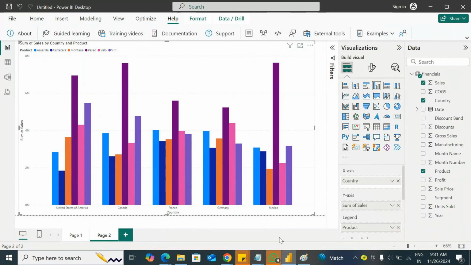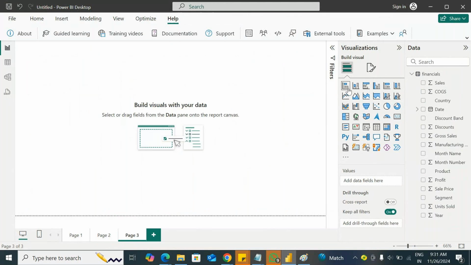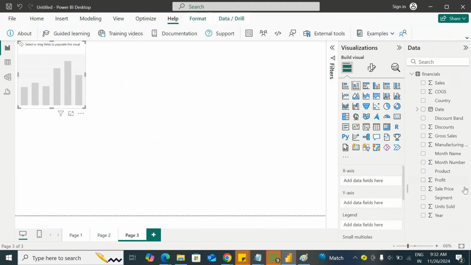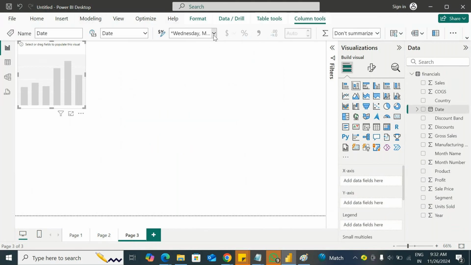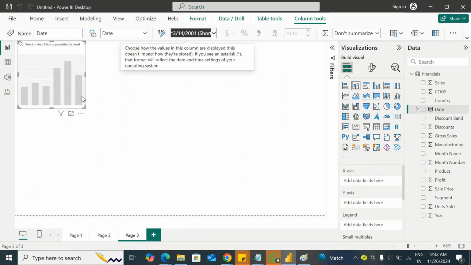Okay. So the next one is, the bar charts that I mentioned are for comparison only. Whenever you want to compare a segment or product or color or size or any other category, we are going to use these. But whenever you have a date-based column, somewhere you have a date, whenever you have a date, at that time,